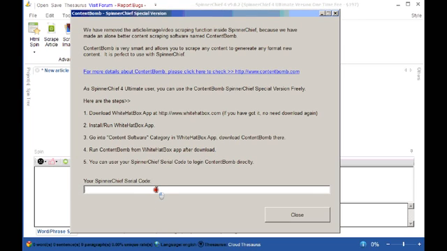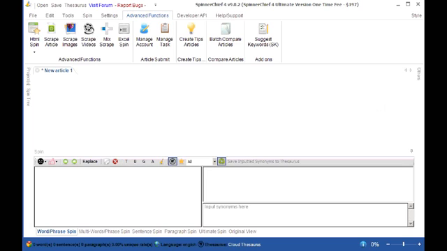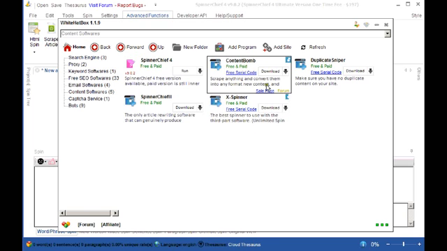Now the serial code for Content Bomb will appear in this box here, and all you need to do is copy it and then close the box off like this. Now you go to the White Hat Box app and you can see Content Bomb here. Just click on download. When it's downloaded, you can hit the run button